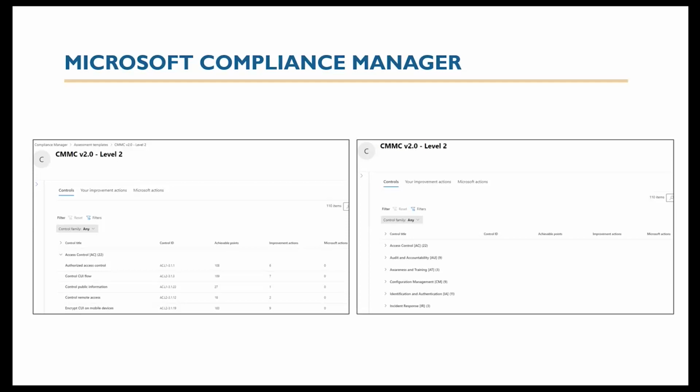As you can see on the screen, the Microsoft Compliance Manager is one of the best things since sliced bread, right? You can see CMMC version 2.0 level 2 on the screen, and on the left of the screen, you see the controls, right? For example, you see access control, expanded. But if you look on the right of your screen, you can see the different control families of CMMC level 2.0. You can see access control, audit and accountability, awareness and training, incident response. These are some of the domains or control families that make up the CMMC